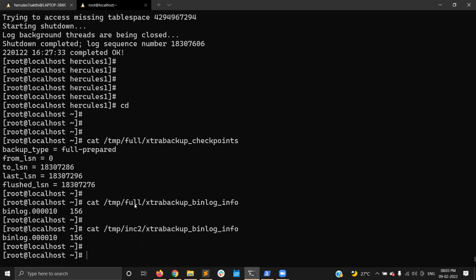Yeah, now if you see this, the full backup binlog file is binlog 10.156, and the